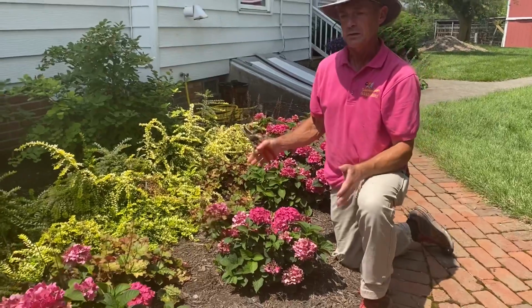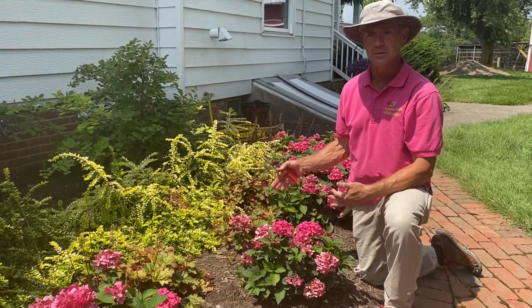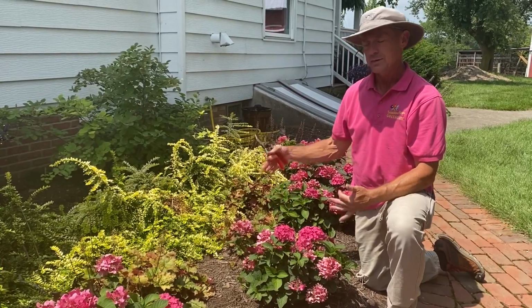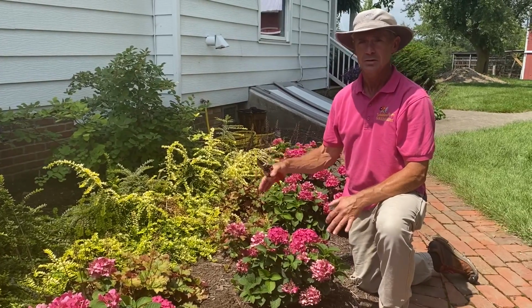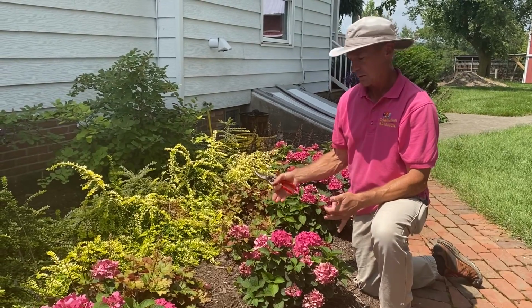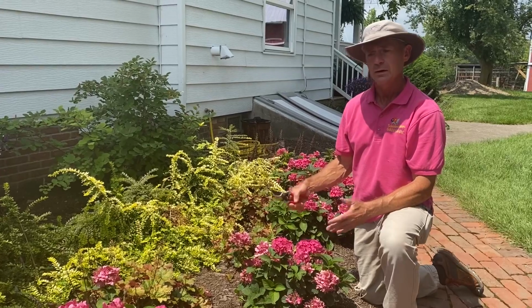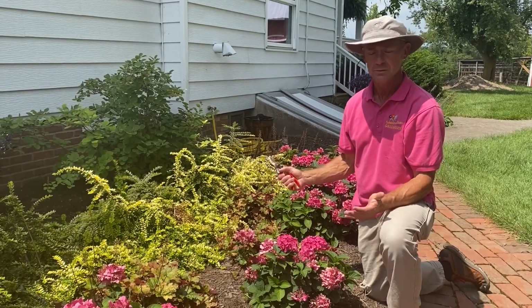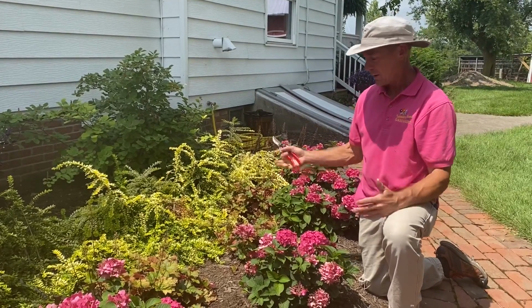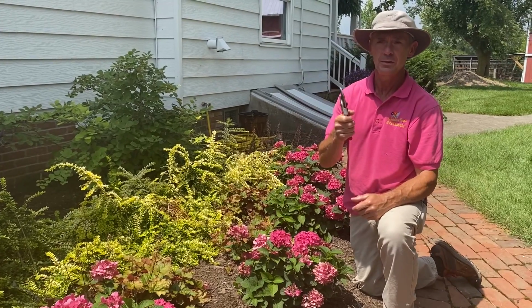The one big thing on these is I don't do much of any pruning on them all year until spring. As I said, the winter causes a lot of dieback on these. So what I want to do is wait for them to start growing in the spring and then just cut all of the dead off and get rid of that, and then let them take care of themselves. They'll grow and they'll flower just like this throughout the summer. So our next stop, we're going to go see a